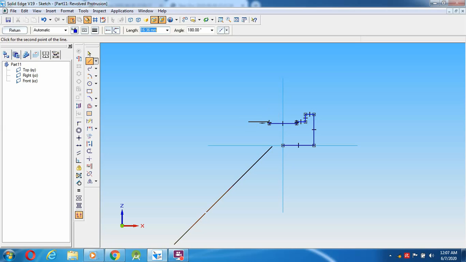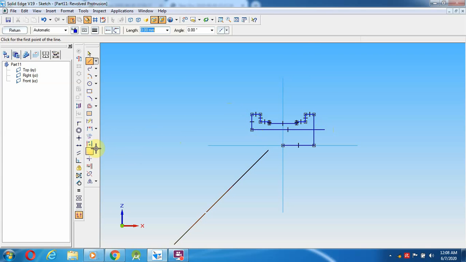Sorry, 7 mm. Enter. Height is 6 and 7 mm, same as the upper one, 12.5. Enter. Going to draw a straight line.